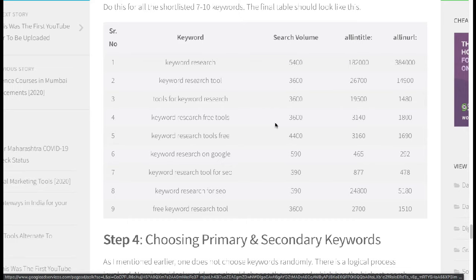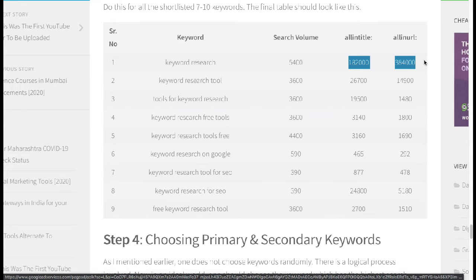The keyword that I finally chose is this one, free keyword research tool. Why is that? Because look at the search volume, 3600. It's a very good search volume, right? The highest is keyword research, which has 5400 searches, but look at the competition, it's too competitive. I might try to rank for it, but I might realize after 1 year or so that I'm not ranking, right? But if I choose keywords which have a less or moderate level of competition, I might start ranking for them in like 2 weeks. So I can just start ranking in like 10-15 days. So it's always good to choose keywords with less or moderate level of competition.